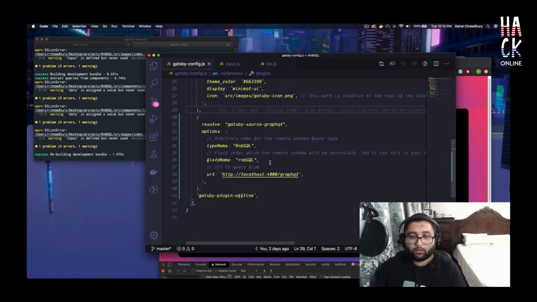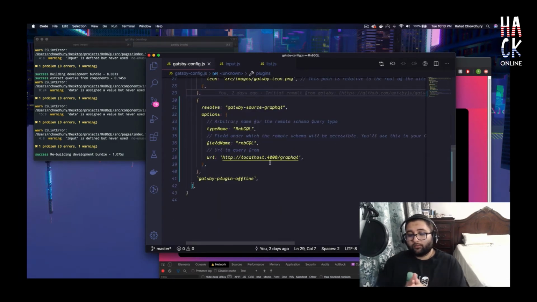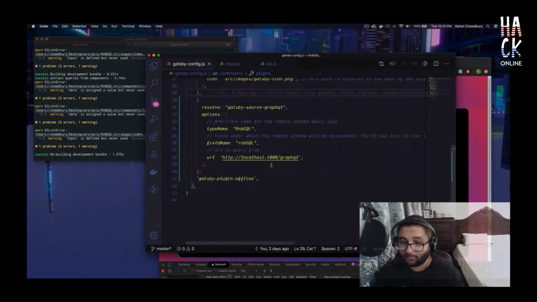I don't know about you, but I feel like whenever I'm working on a side project and I want to just ship it and get it out, I don't want to have to worry about configuring all of this stuff myself. Gatsby is an awesome tool that just does a lot of this stuff for you so you can focus on the things that actually matter, which is building your app and building the actual functionality of it.